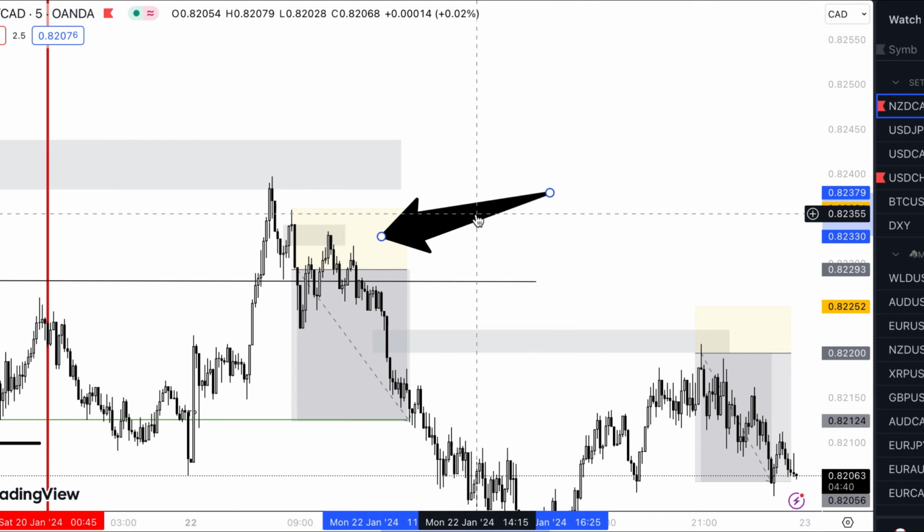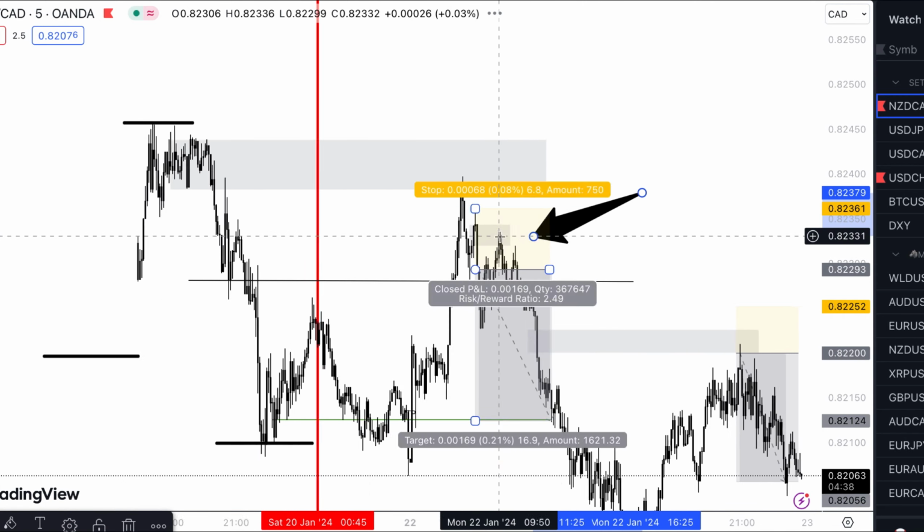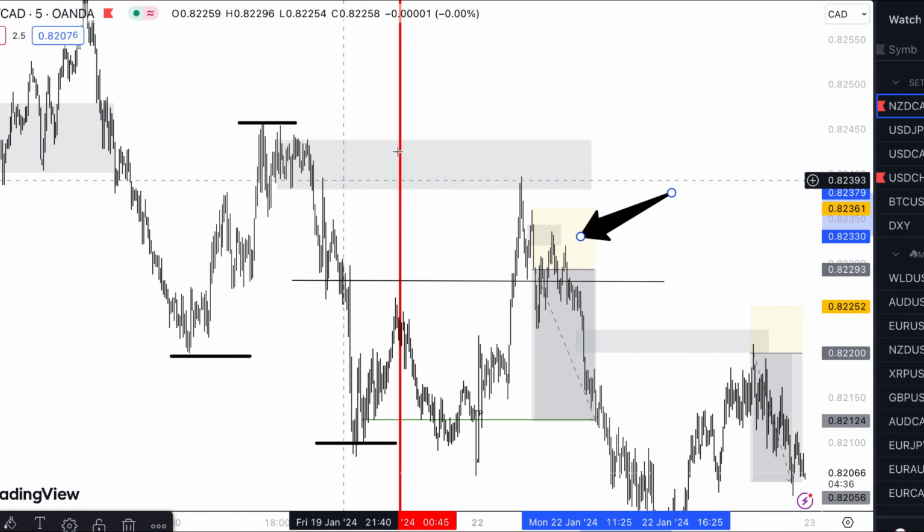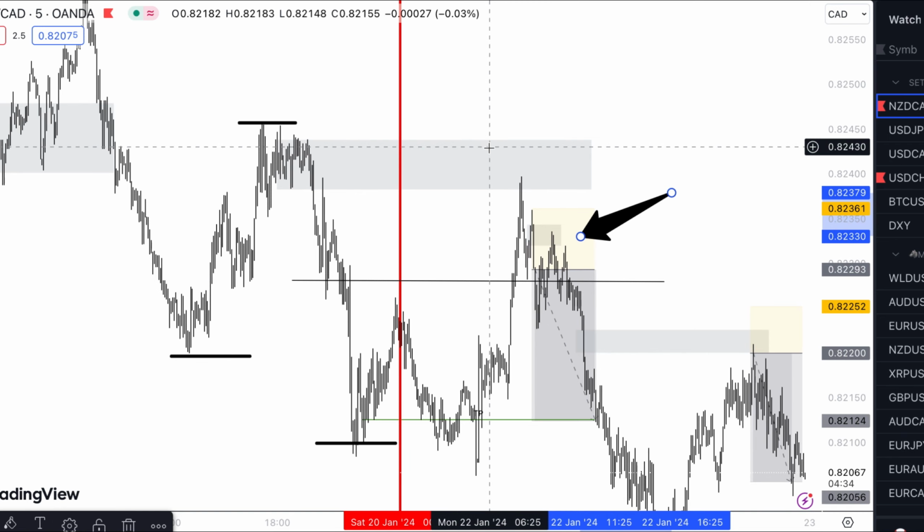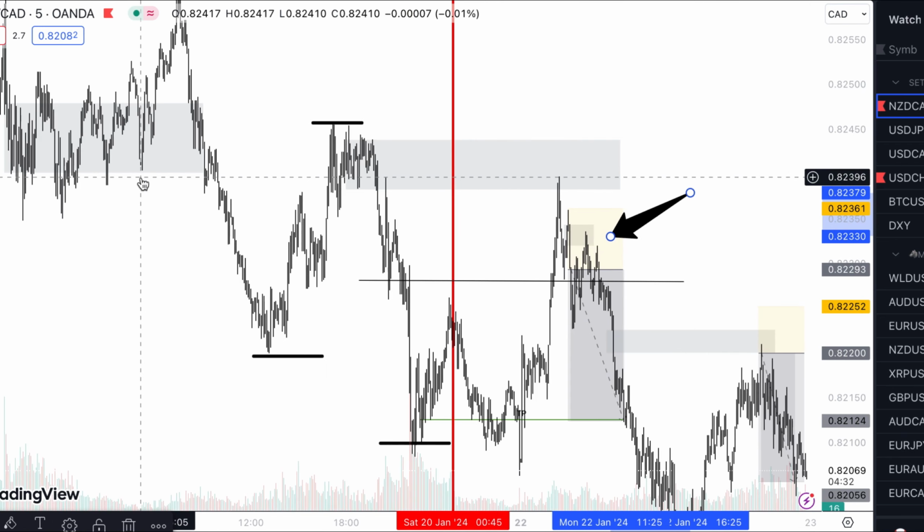So yeah, guys, that's basically how I did it. In all these entries, these gaps and fair value gaps are on the top of the range. So it's really that simple. And what you can do too for extra